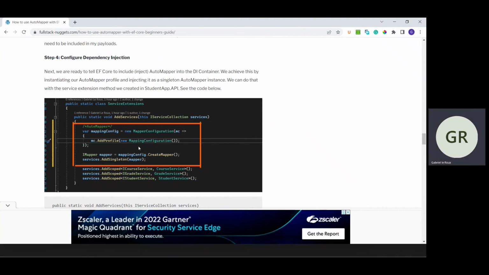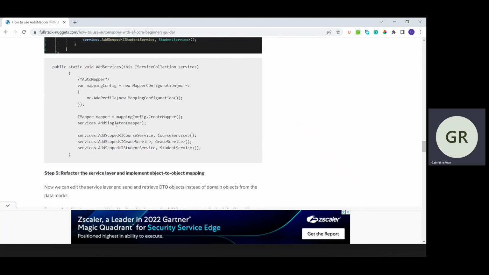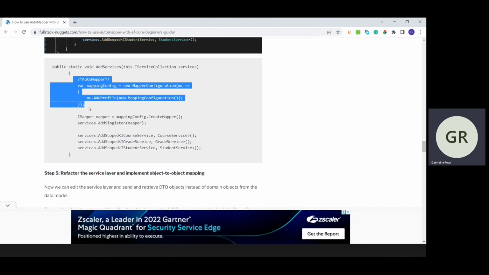All right, so the next step is to set up AutoMapper for dependency injection. In order to do that, we need to specify our configuration file. Then we need to create an instance of our profile of that configuration file, and then add that into our IOC container. So what you can do is scroll down and copy this code over here